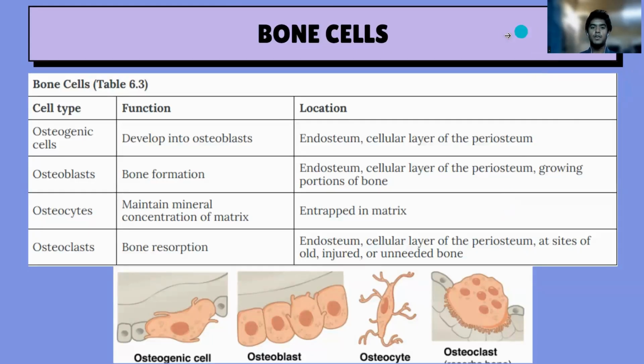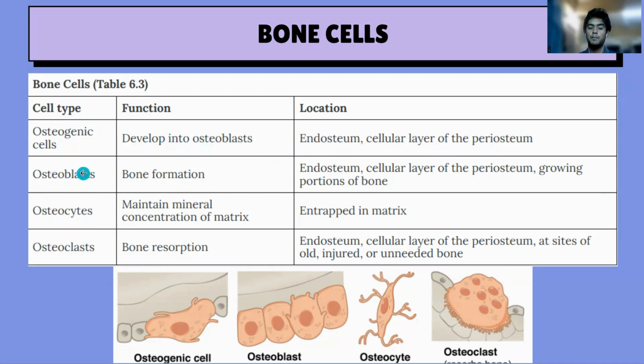Okay. Now moving on to the bone cells. So there are four bone cells: osteogenic cells, osteoblasts, osteocytes, and also osteoclasts. These four cells are located at the endosteum layer and also the cellular layer of periosteum. The osteogenic cells are stem cells of bone, which will form osteoblasts, which are